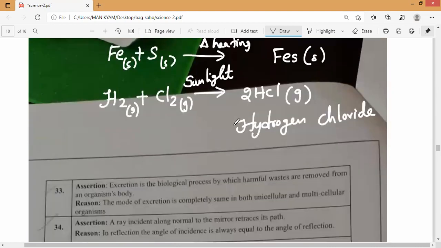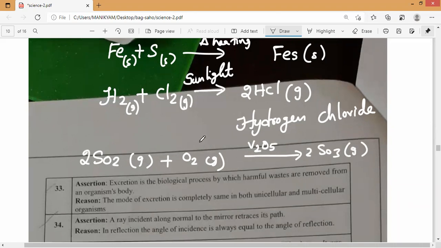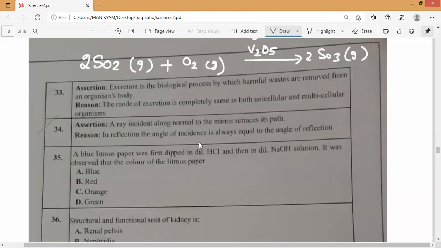Next, here one more thing I'm saying. They may ask you this; you already know it. Formation of sulfur trioxide. What is the catalyst we are using? I have already taught you this, but you must know. The catalyst which we are using is vanadium oxide. So please learn this also. Again, a situation may come where they ask you this, and we should not say we don't know. These are the things you should learn. That's all. I hope you all understand that.